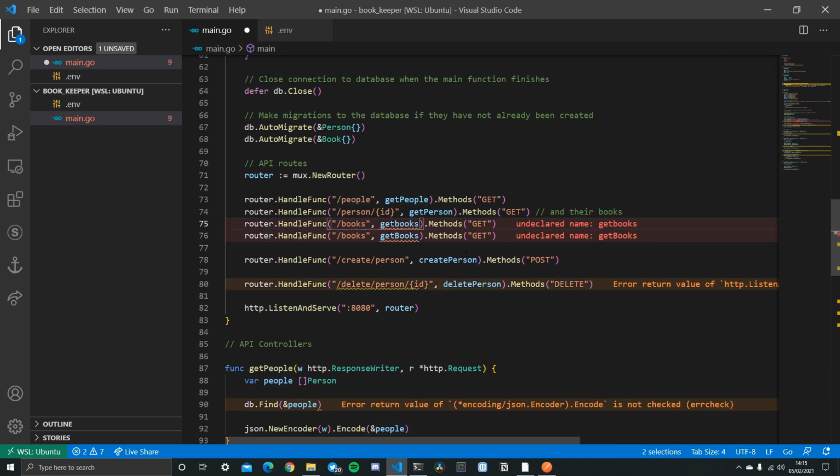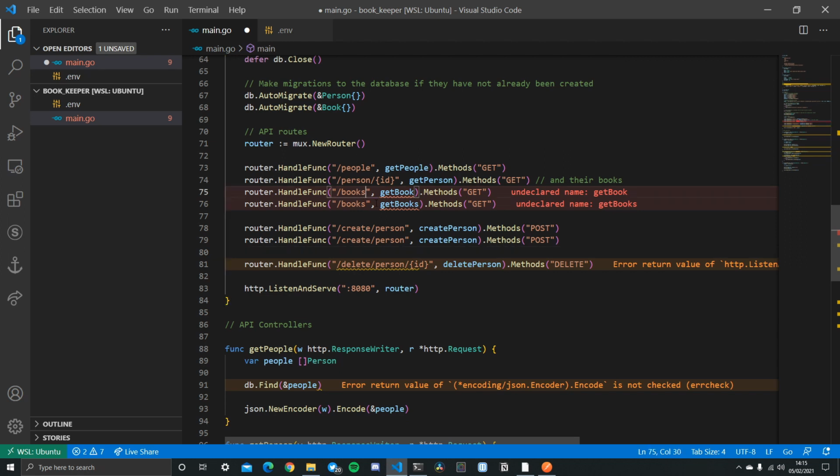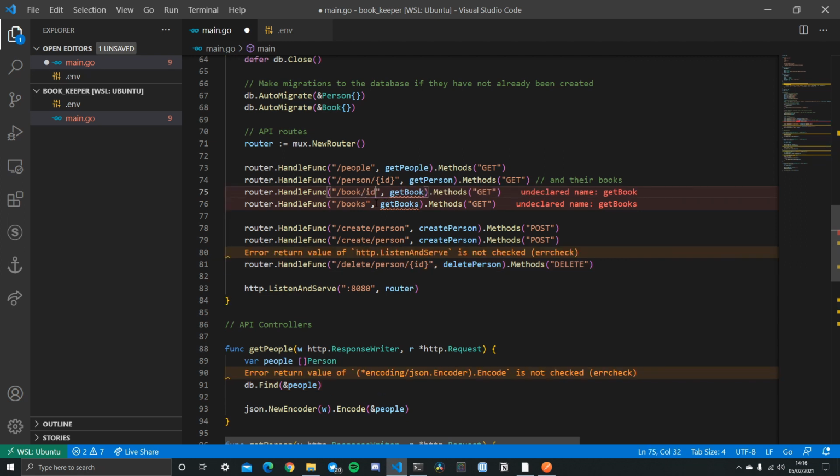Book, change that to capital, get rid of that S there. Okay, and then we need to go ahead and, we also need an ID for this one, sorry. Alright, so we need an ID there, and then we need to be able to create books, so